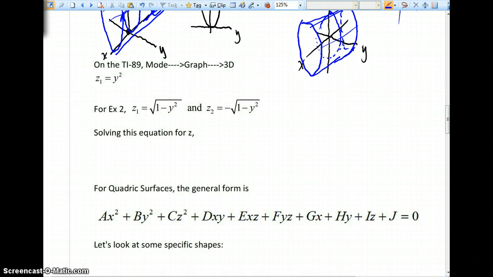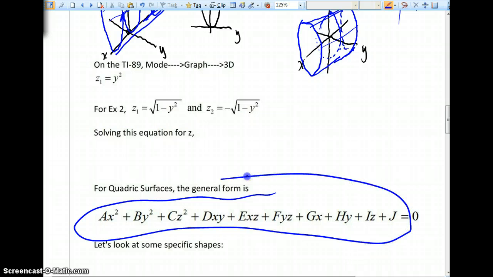By the way, down here is the general equation that we're going to see. The XY, XZ, and YZ terms, these are rotations. We're not going to deal with that as much. We're going to keep talking with